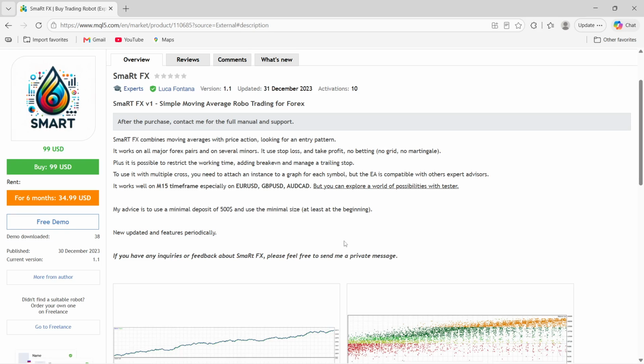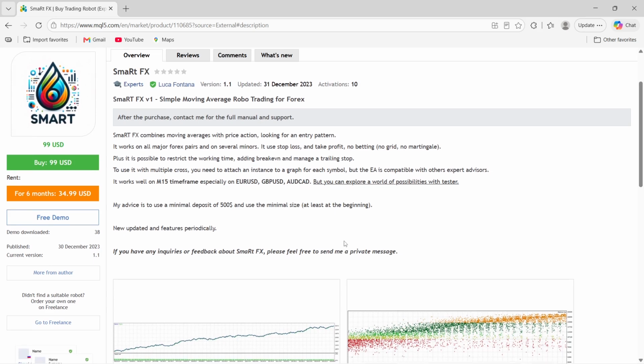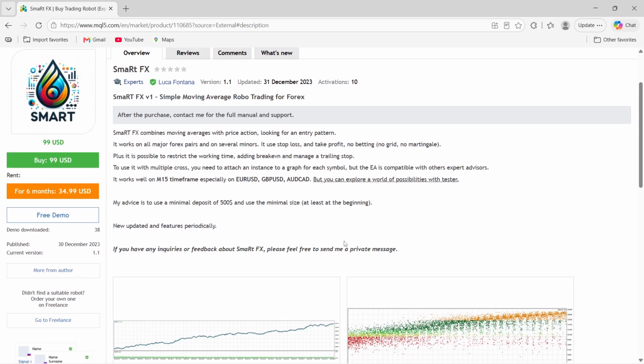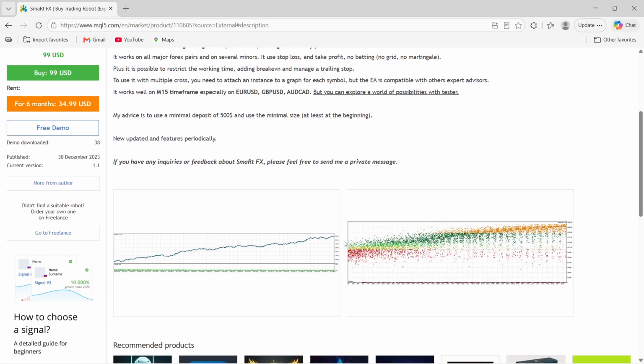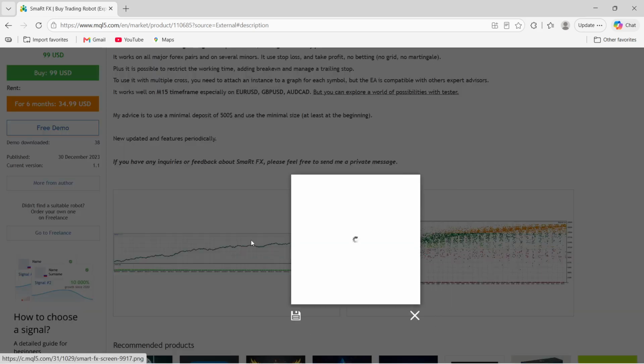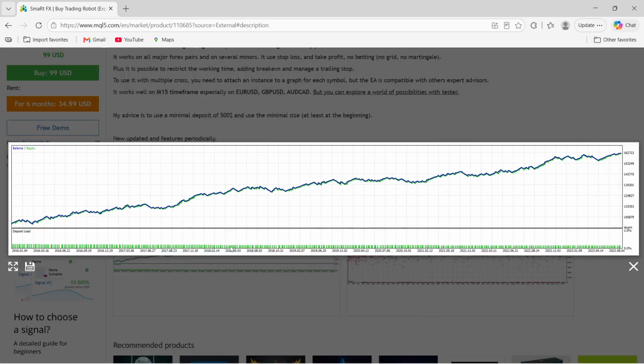All right, they also talk about time filters and avoiding bad trading sessions. The developer implies the EA knows when not to trade and can be configured to avoid certain times, which is especially important for lower time frame systems that don't want to get chopped up in quiet Asian sessions or smashed during high impact news. Alright, so let's take a look at the developer's equity curve from its testing,